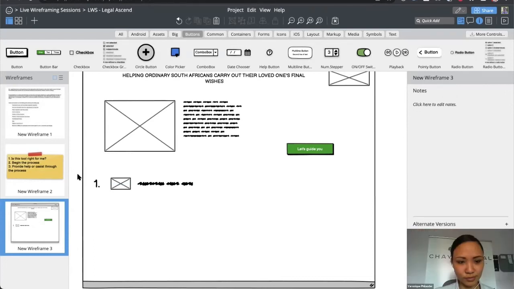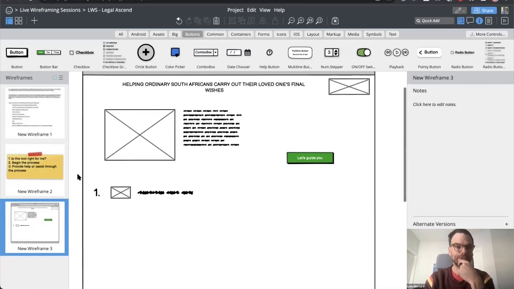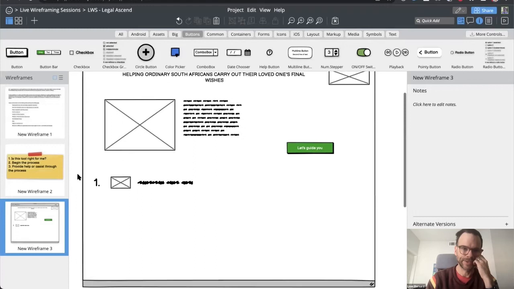I'm just thinking about if it's the right thing to start telling people about the process here. I think that there should be something before they begin the actual process that tells them, maybe it's even an infographic, or maybe it's a larger image that shows the steps. You want to make the connection between, you want to really tell people that this app is going to help you go through this process. So it's like, what is the process? And then also what we can do for you in the process.